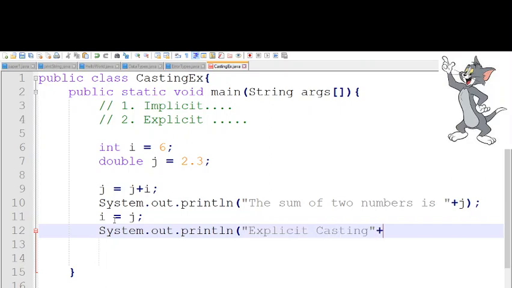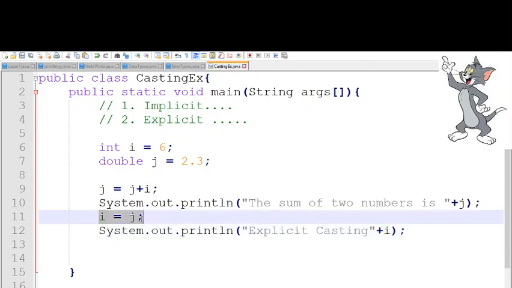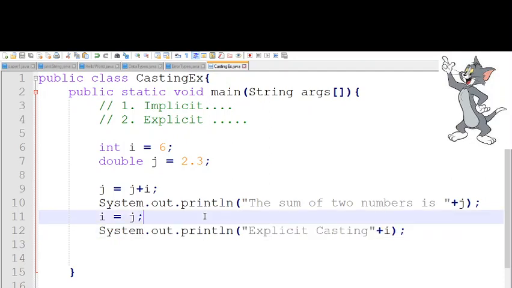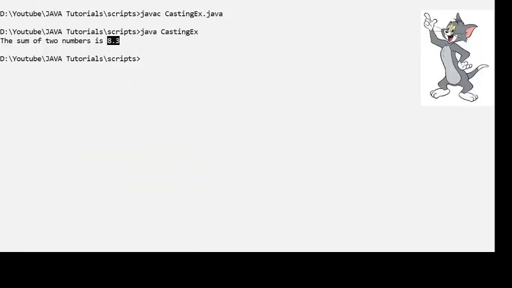For example, you can print anything, and I want to show the value of I. Now you can see apparently it looks good. There is a semicolon and the syntax looks okay, but when we compile it you will be seeing an error, and let us see what that error is. For example, now I say javac casting example.java,